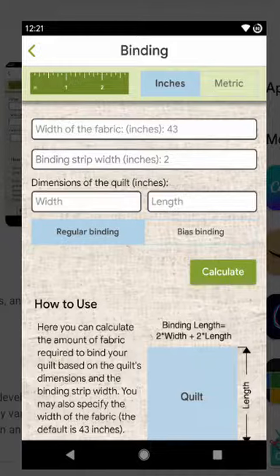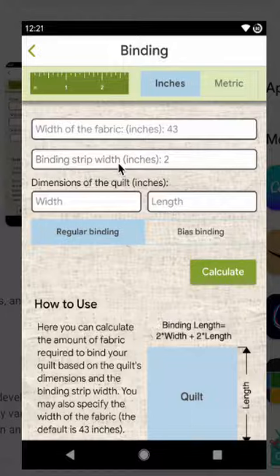And this one is my favorite, binding. And so you get to choose whether you want it calculated in inches, and you would put in how wide of fabric you're using, whether it's width of fabric, or sometimes I'm creating binding from a fat quarter. So in this top field, I would put 22 inches if I was cutting from a fat quarter. And then you decide how wide you would like your binding. We all like our binding different widths, and so in this field I would type 2.5, but you can choose